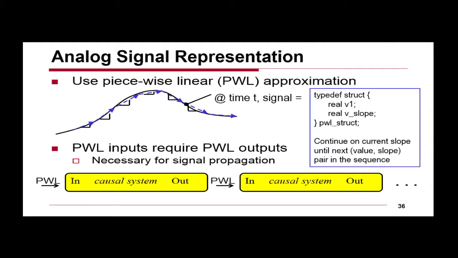But once we do that, how do we represent the analog waveforms? So we're going to use a piecewise linear approximation because that's easy to do. So at every event, I just don't tell you what the voltage is. I tell you the slope at that point. And as long as the slope is relatively constant, I don't have to put another event. When the slope changes, then I have to put another event. And so my models have to take piecewise linear inputs and generate piecewise linear outputs. Okay? And the events that I pass around in SystemVerilog are basically just a voltage and a slope. And SystemVerilog allows you to pass structures, so this is not a problem. It easily passes along a wire.